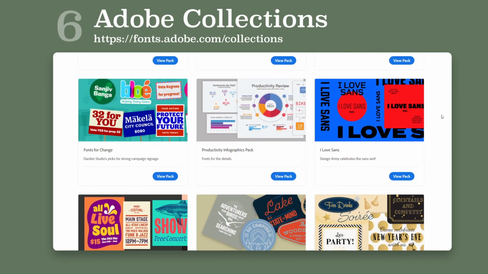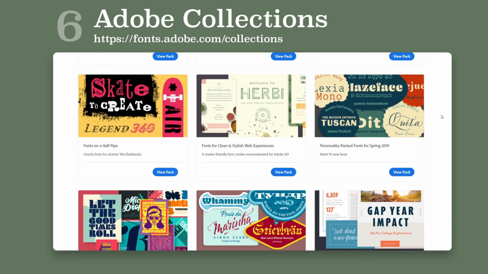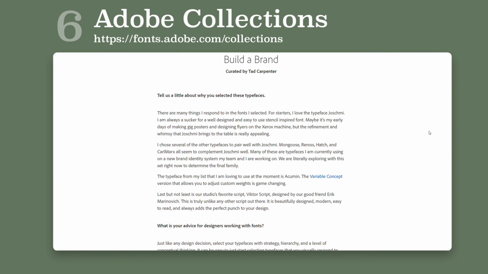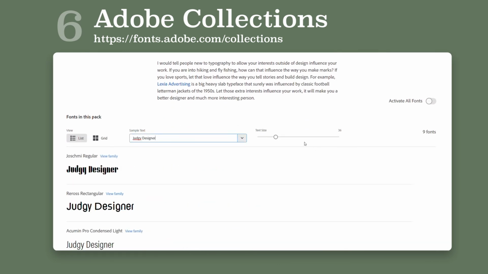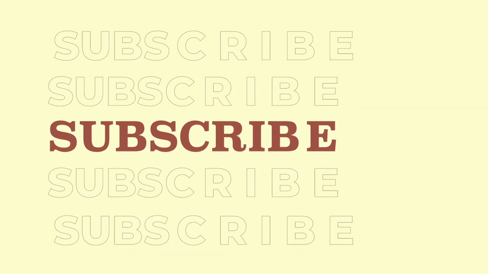Adobe Collections. As music depends on your mood, so does font utility depend on your project. Adobe has cracked it by creating a curated library just to solve the problem. Experts from the industry curate a specific use case font library and it works beautifully. Told you not to miss the last part anyways.